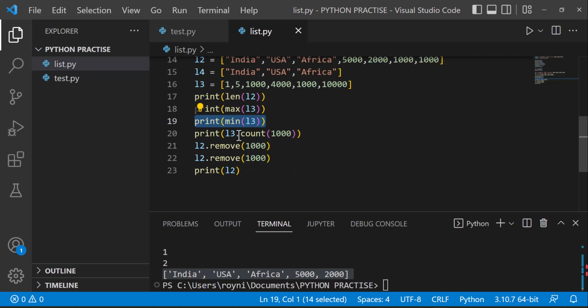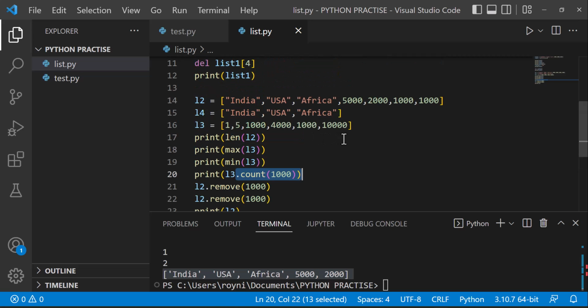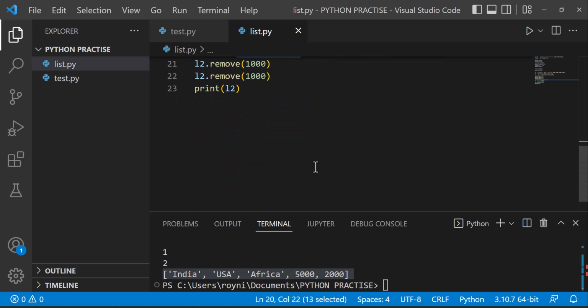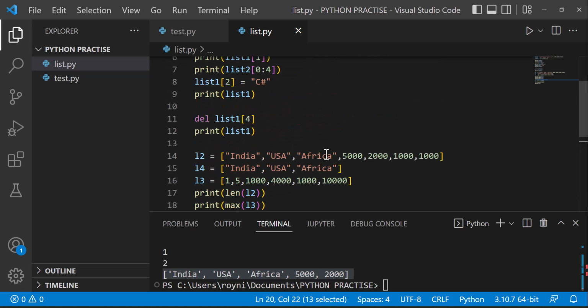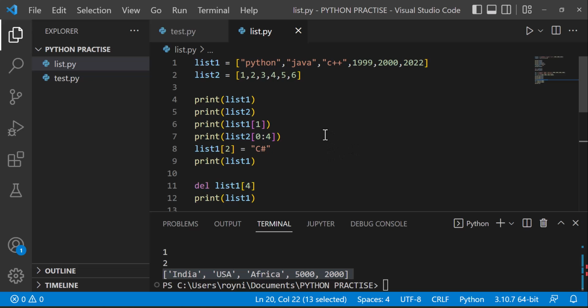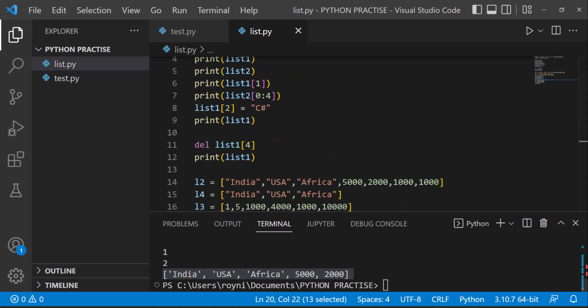Like this you can also count how many occurrences there are for a particular object. Like this you can play with the list. Let's move to the next module,